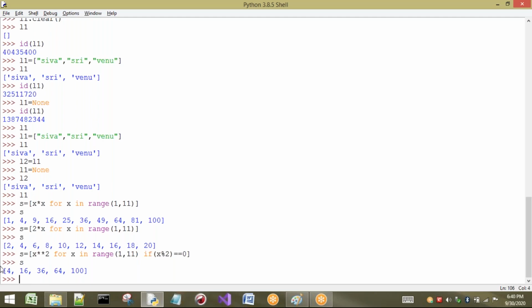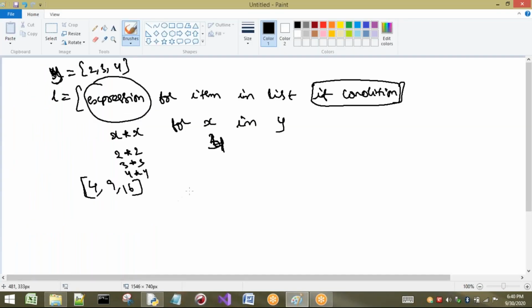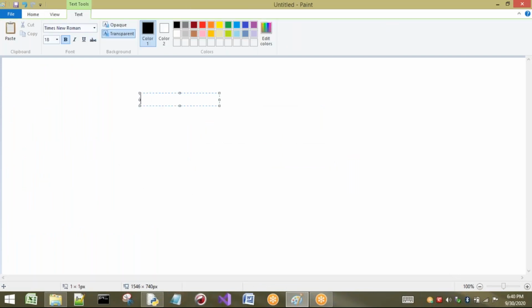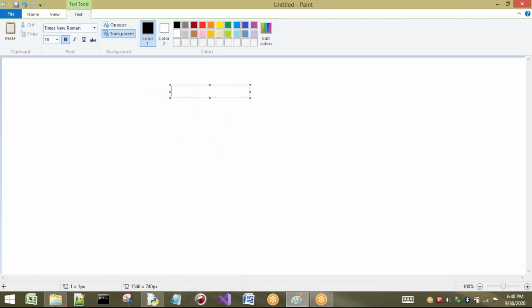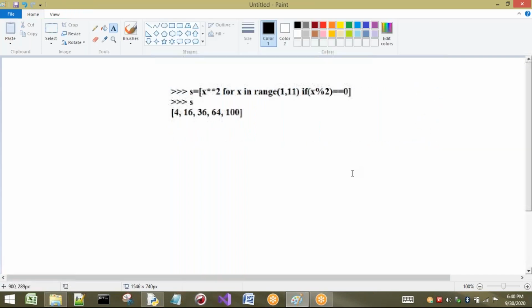Okay, I will explain this concept now. If there is no condition, for every value in this range it will execute the same operation.